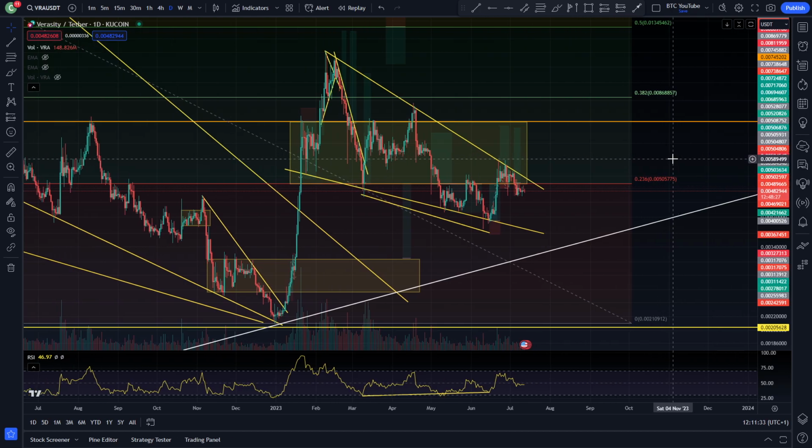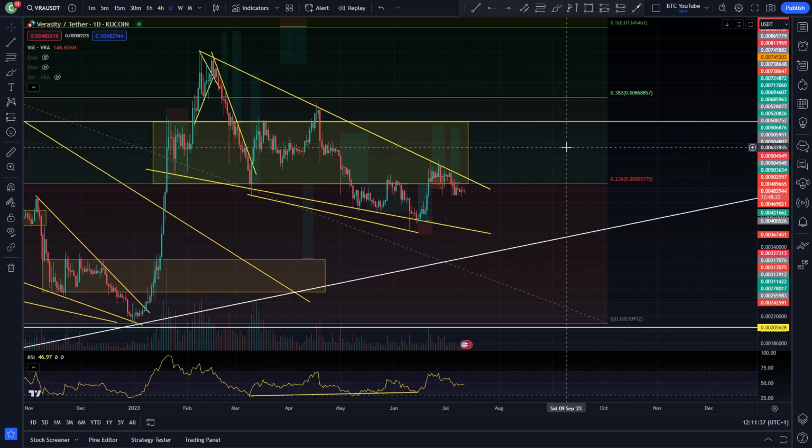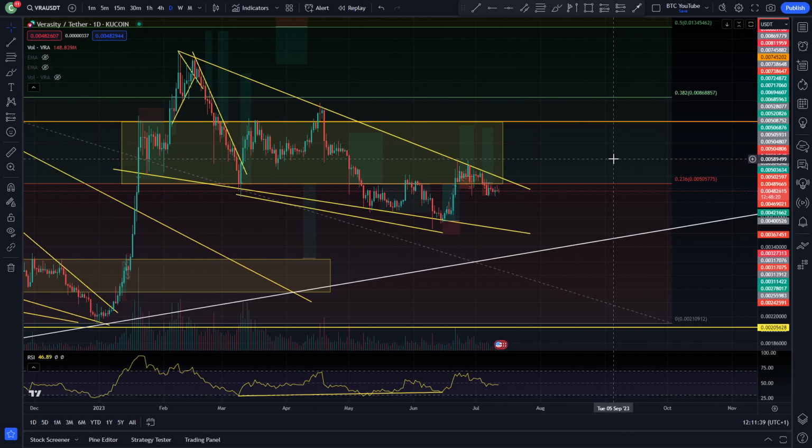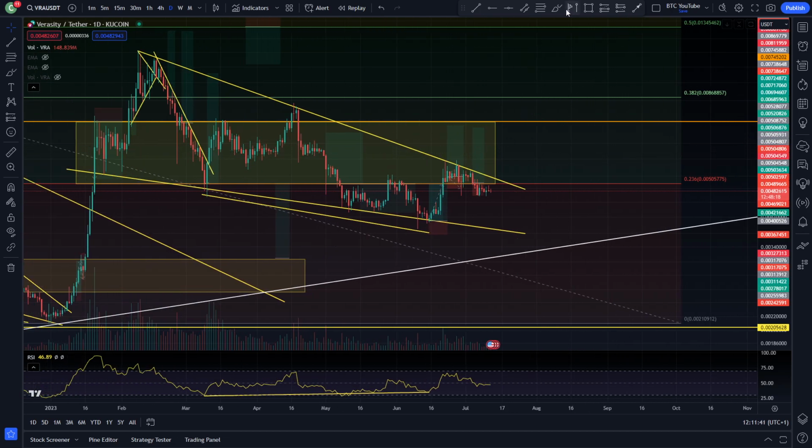And with that being said, we are just taking a quick look at Verasity here. As we can see, really not that much has changed over the past week or so. It's still very low volume and interest in the markets here. You can see in this local area we really are just chopping it up, pretty much in and around that 0.23 Fibonacci level at around 0.5%. Not to mention that resistance of the descending wedge, currently heading down at around that level here as well.